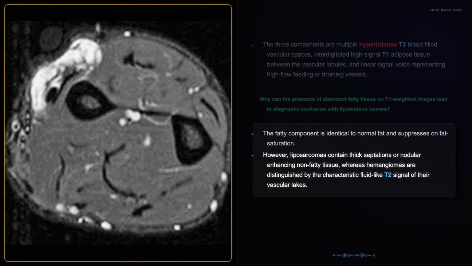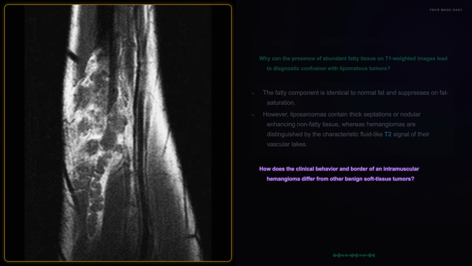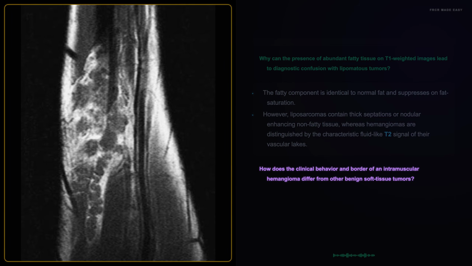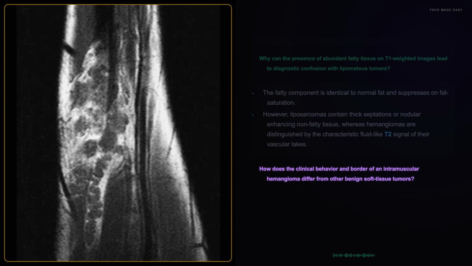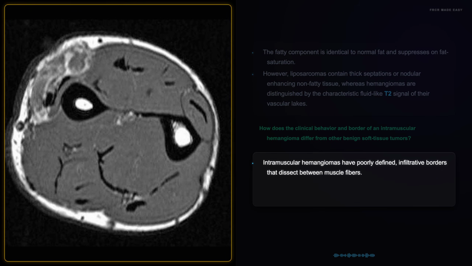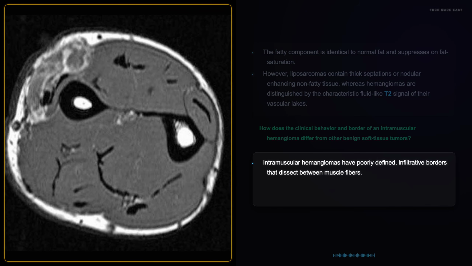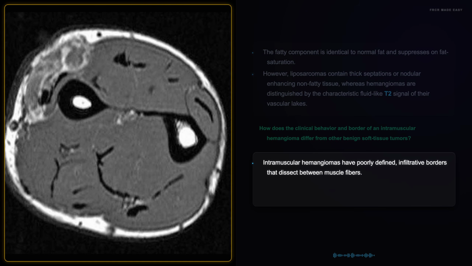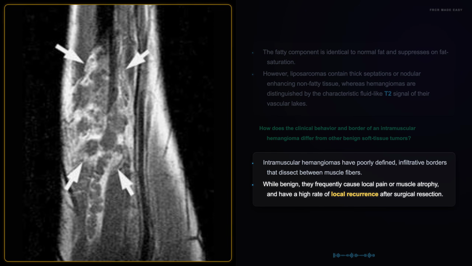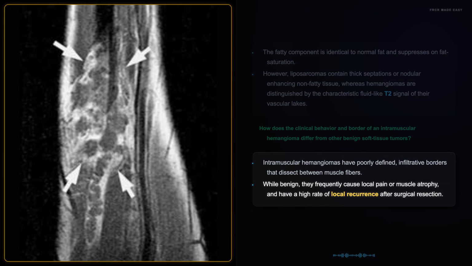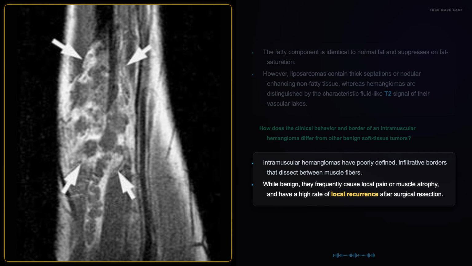of their vascular lakes. How does the clinical behavior and border of an intramuscular hemangioma differ from other benign soft tissue tumors? Intramuscular hemangiomas have poorly defined, infiltrative borders that dissect between muscle fibers. While benign, they frequently cause local pain or muscle atrophy and have a high rate of local recurrence after surgical